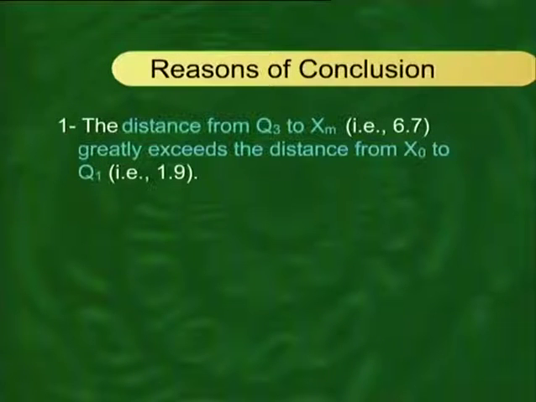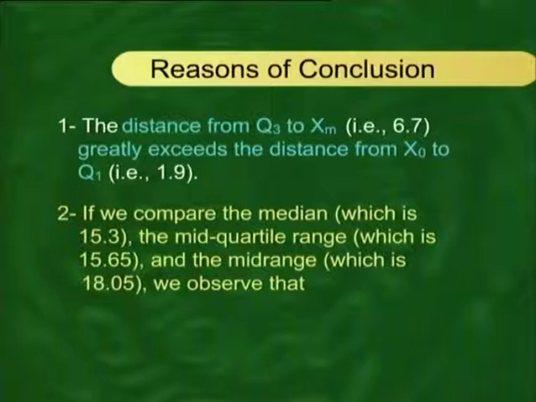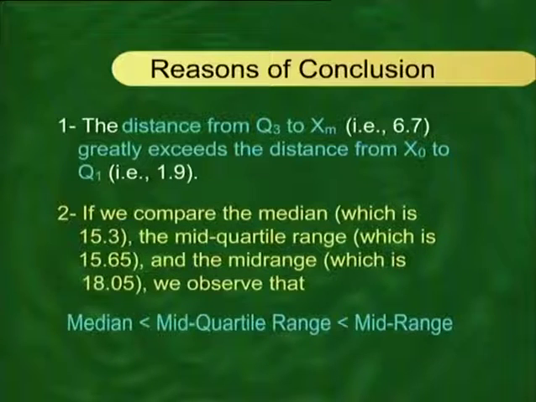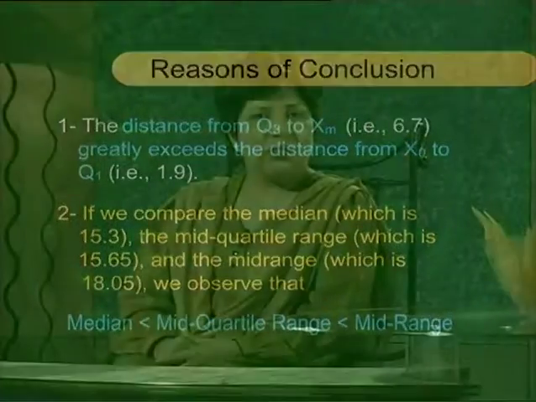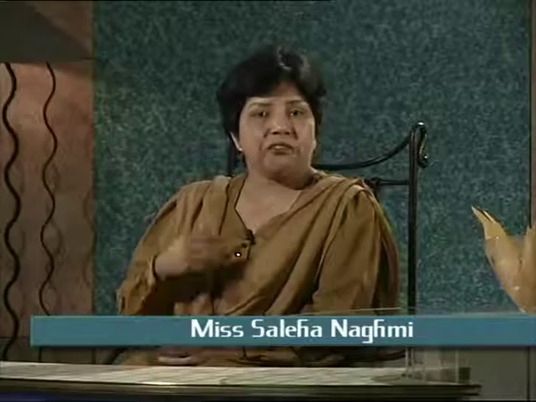Number 1, the distance from Q3 to xm, that is 6.7, greatly exceeds the distance from x naught to Q1, that is 1.9. And the second point, if we compare the median, which is 15.3, and the mid-quartile range, which is 15.65 for this particular data set, and the mid-range, which is 18.05, we observe that the median is less than the mid-quartile range, and the mid-quartile range is less than the mid-range. So, जैसा कि मैंने last time कहा था, सारी discussion का लुब्बे लुबाब ये कि the 5-number summary is